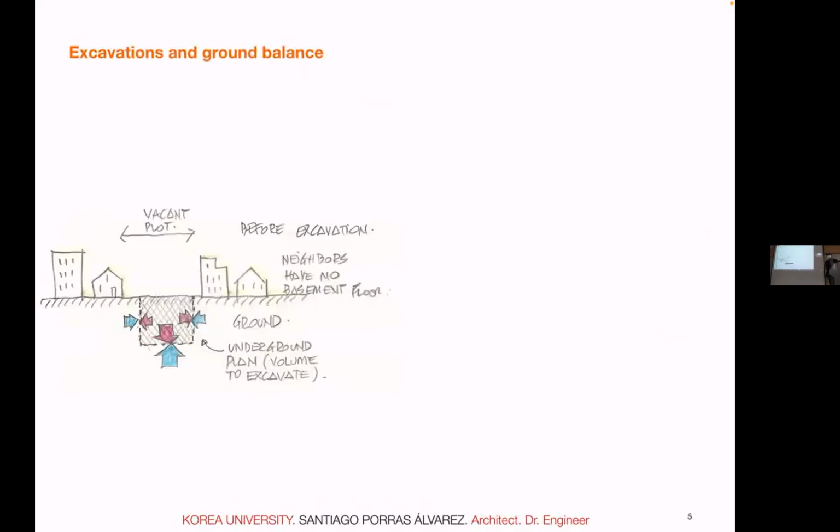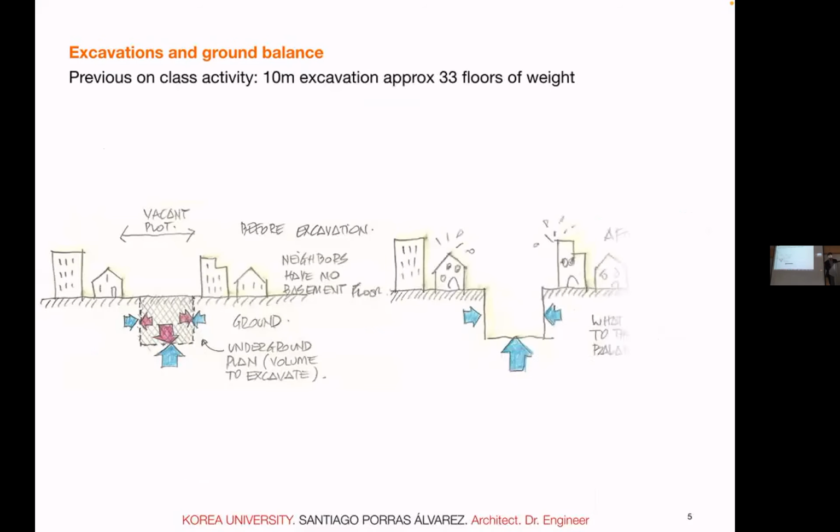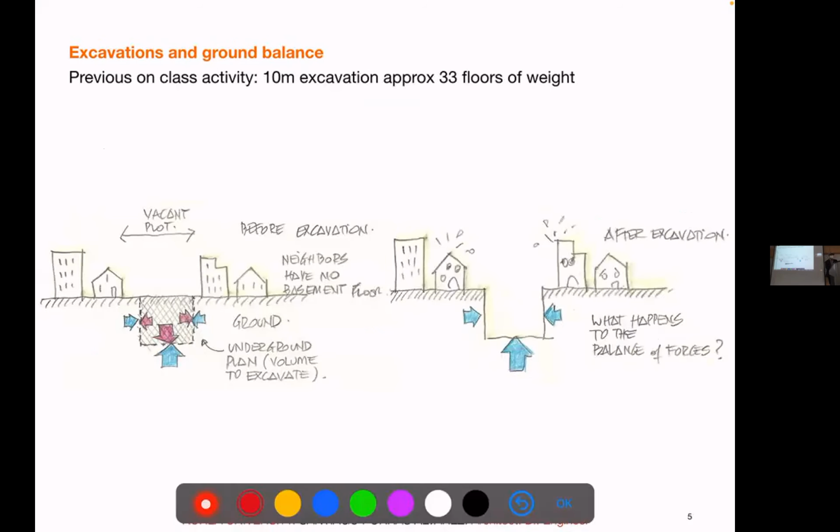There was the excavation question, and this was kind of tricky, it seemed too mysterious. This is what we did in class, and I think most of you remember this was getting you some sense of a common ground. We said that a 10-meter excavation would be 33 floors. I was surprised it was so difficult to do what we requested in Blackboard. I added a bit more complexity to be more realistic, because at home we have more time, but it was really a 5-minute exercise.